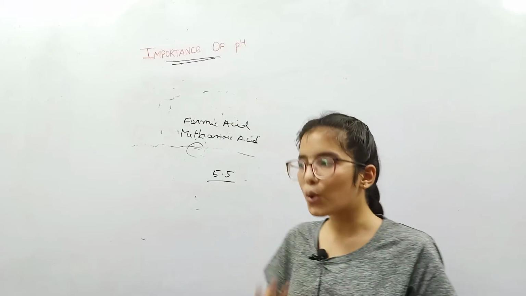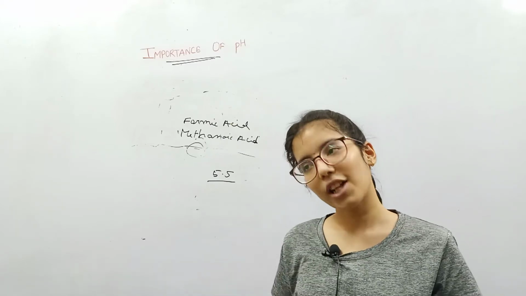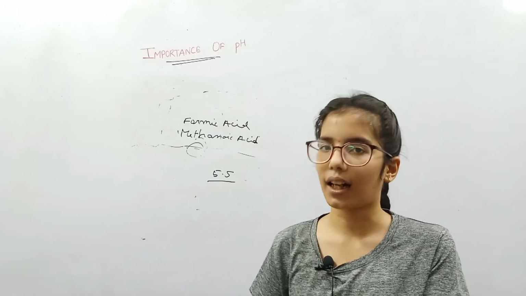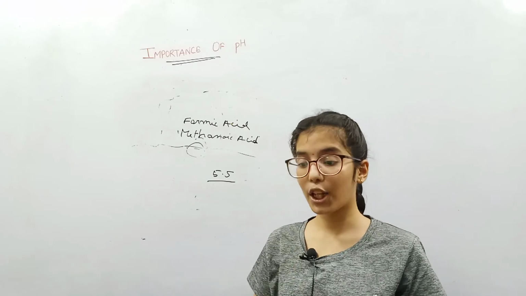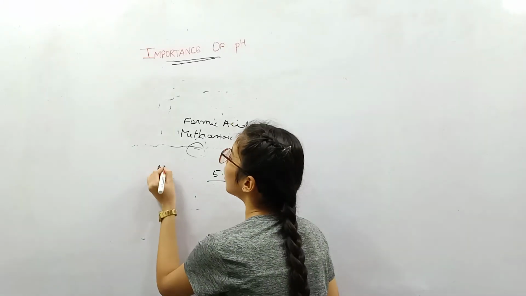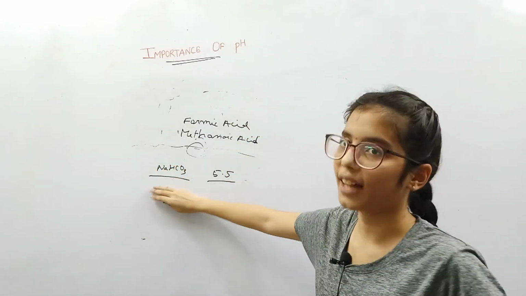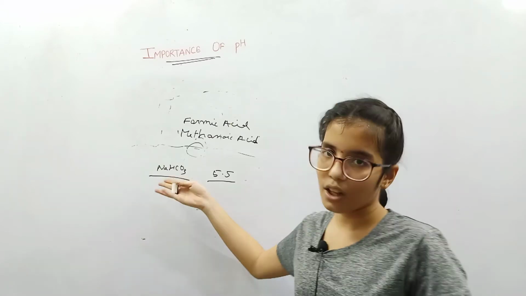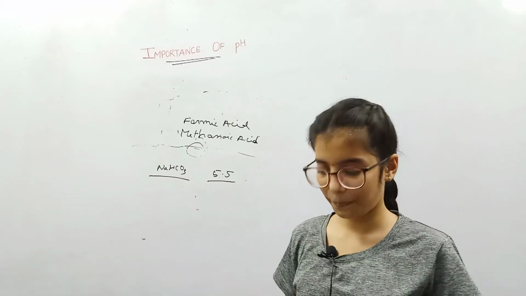So what people usually do is they apply a base. Why do they apply a base? Just to neutralize the acid present in our body. So as a base, they usually apply baking soda, NaHCO3, as I have told before. As a form of antacid, they also take it for the digestive system. And for a bee sting also, they usually apply any type of base, for example baking soda.